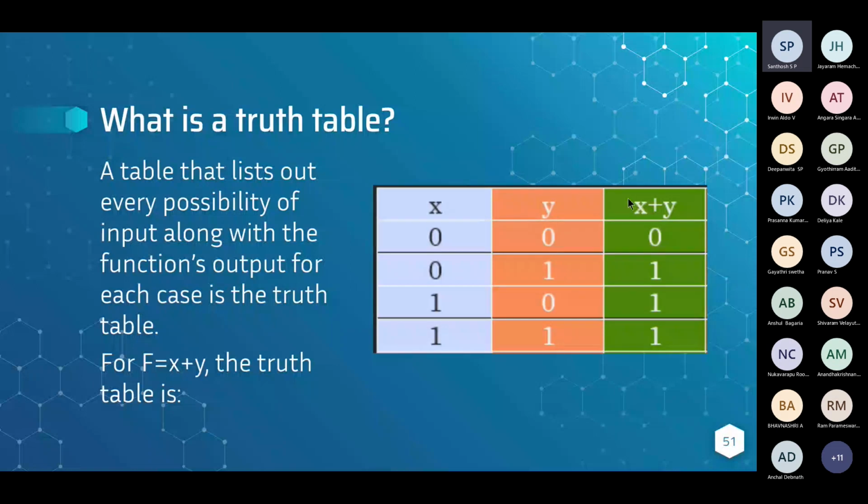So when both of these inputs are 0, the output is 0, and whenever either of the inputs is 1 or both of these inputs are 1, the output is 1. So this is the truth table of the OR gate, or you can say the truth table of the function f equals x plus y. So moving on,